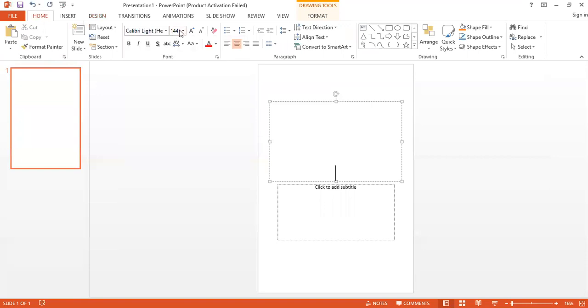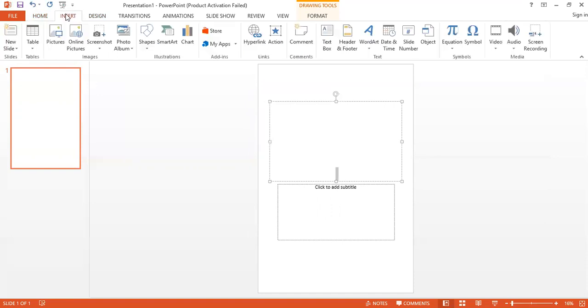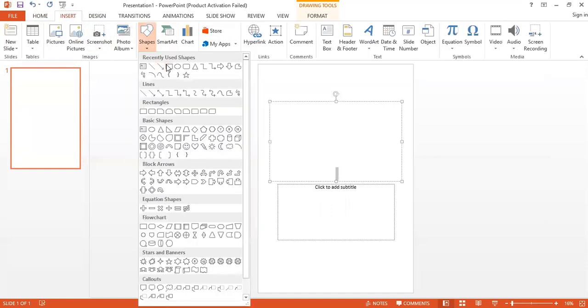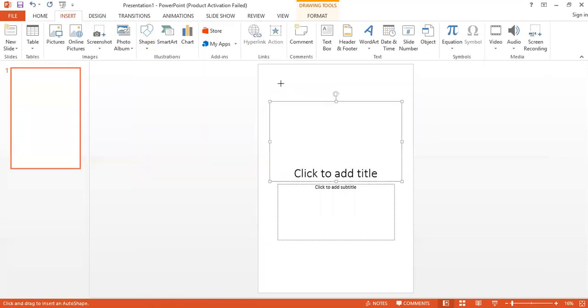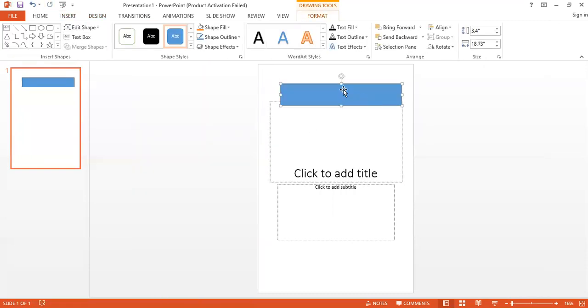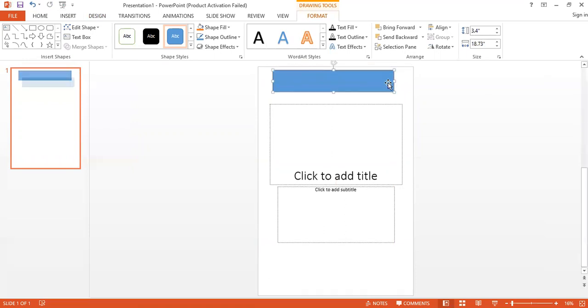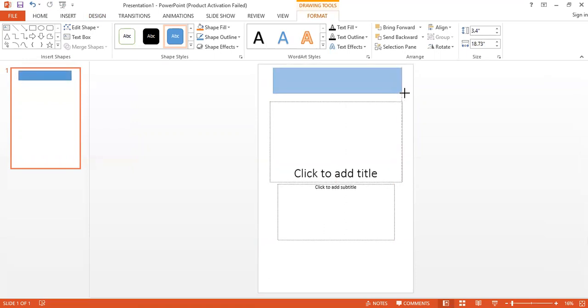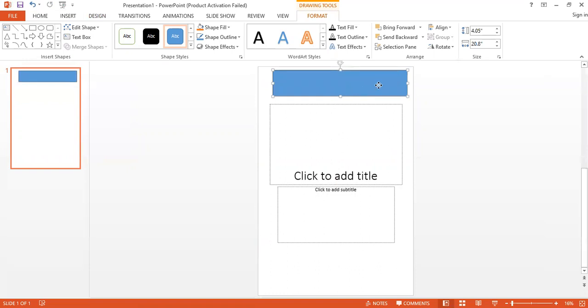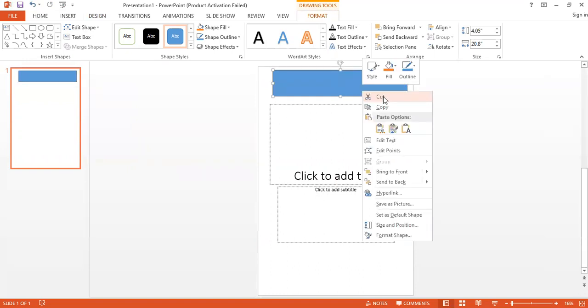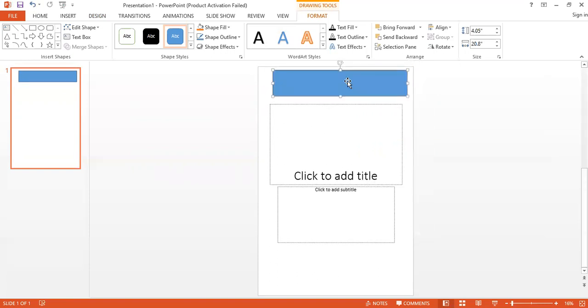The font is out here and this is the size of the font. So what we need to do is insert multiple shapes in this particular presentation, and these shapes could vary to any size. Maybe you could have one like this, and let's say I make one. I'll keep it out here. I need to edit the text, and for me this is the title slide.